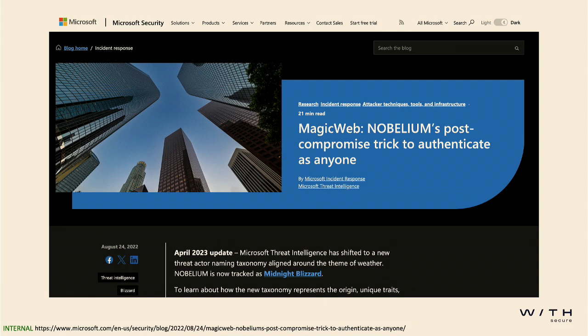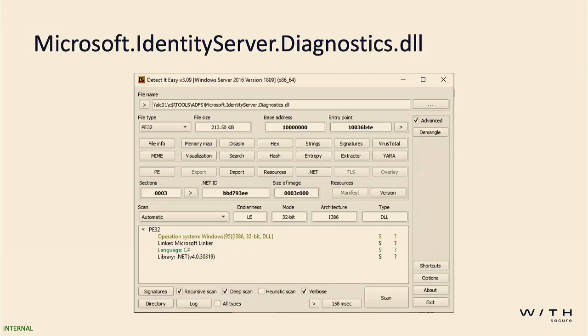This blog post, I love and hate it, because they give good details about how the DLL was constructed. However, they don't provide any hashes of the malware because it was so highly targeted. It targeted Microsoft themselves, FireEye, the CIA, massive players. And obviously they don't want to let everybody know exactly how you can carry it out. But yeah, with a little bit of ingenuity and creativity, you can do it yourself. Hint, hint, wink, wink. So essentially, the component that they backdoored was this Microsoft.IdentityServer.Diagnostics.dll.